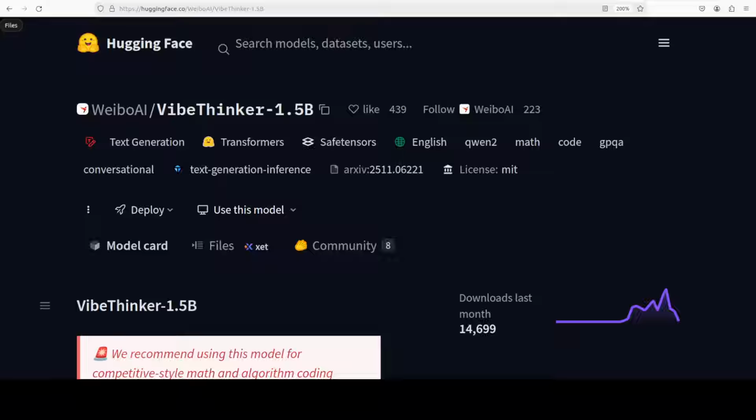The VibeThinker 1.5 billion model is a new ultra compact dense language model from Vibo that validates this approach by democratizing high level reasoning. With only 1.5 billion parameters, it fits easily on consumer hardware. Yet it is designed to process complex logic chains, usually reserved for massive enterprise models. This is where we are going to install it locally and we are going to test it out on various benchmarks.